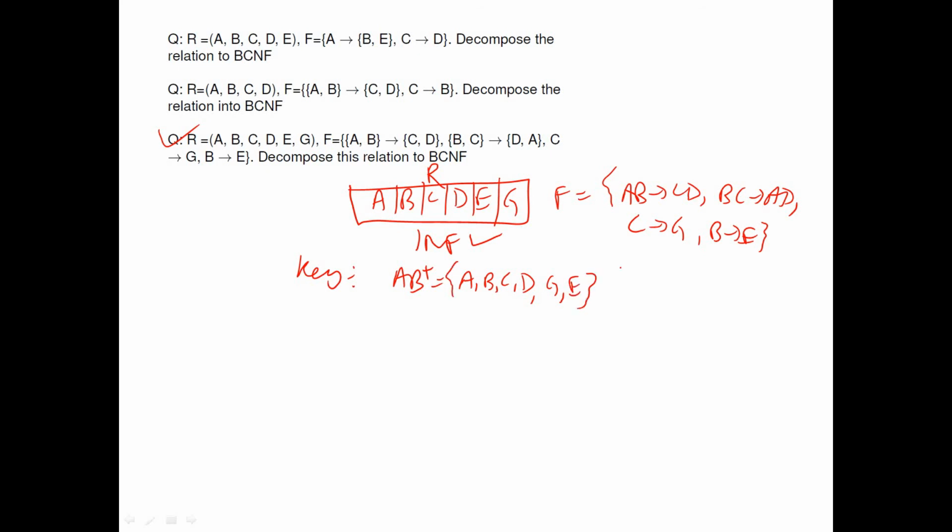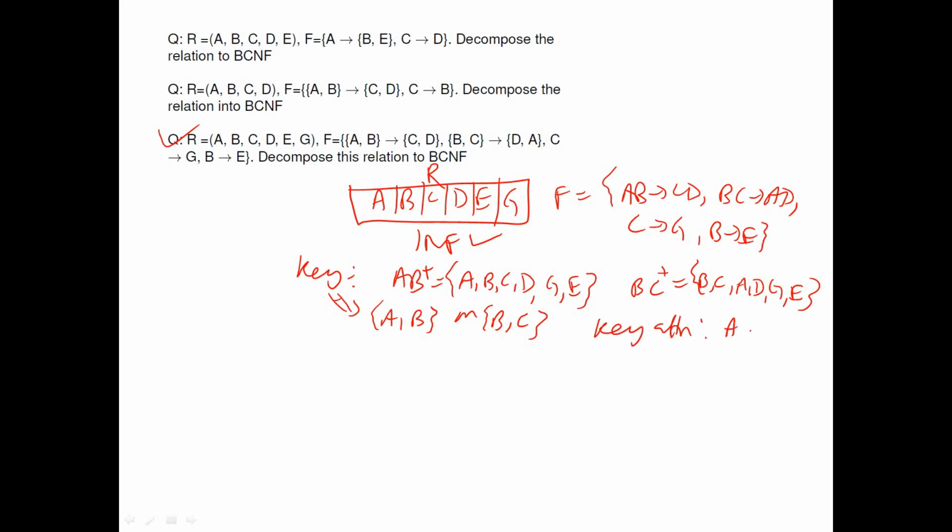So everything is available. If I go for BC, from BC I can get AD because the functional dependency is saying so. C generated, G can be generated, B generated, so E can be generated. So here also I am finding the keys are AB or BC. So here it is overlapping over the attribute B. So my key attributes will be ABC and non-key attributes will be DEG. Right, students? So is it present in 2NF?